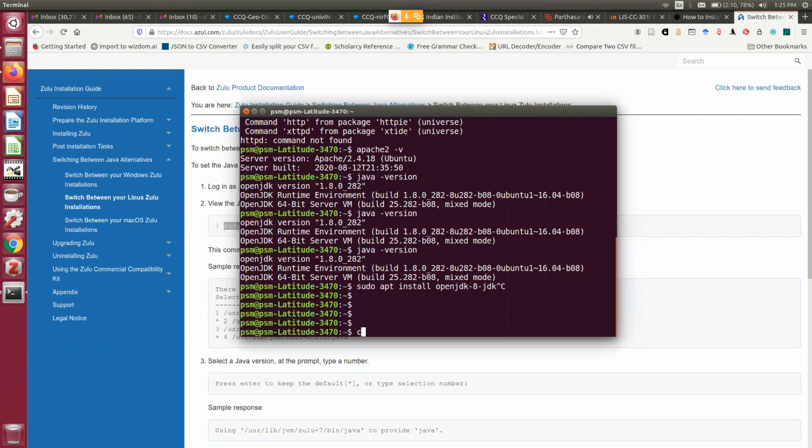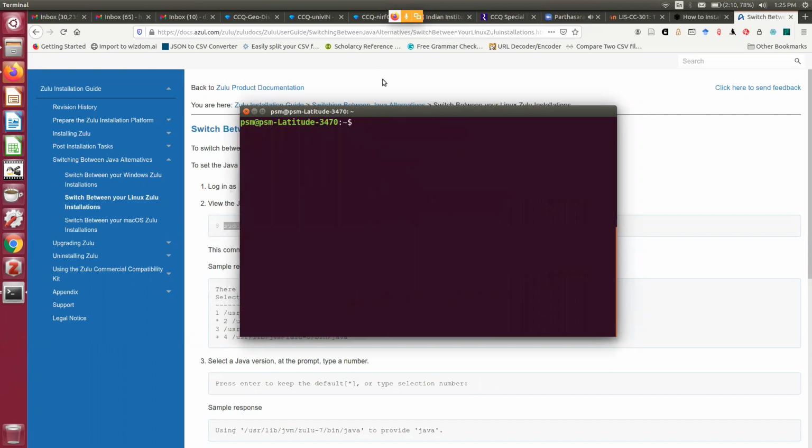So in that case, what you need to do after checking that, you first install your Java 8, the way I have shown. Those who are not having any Java can easily just install this one. Everything will be there, no problem.